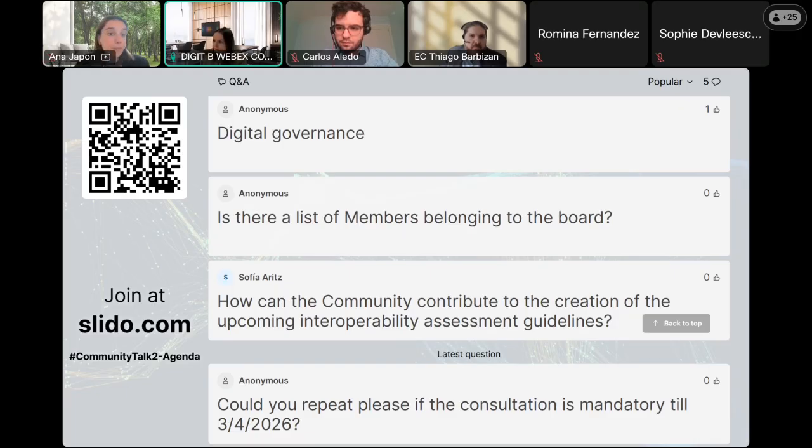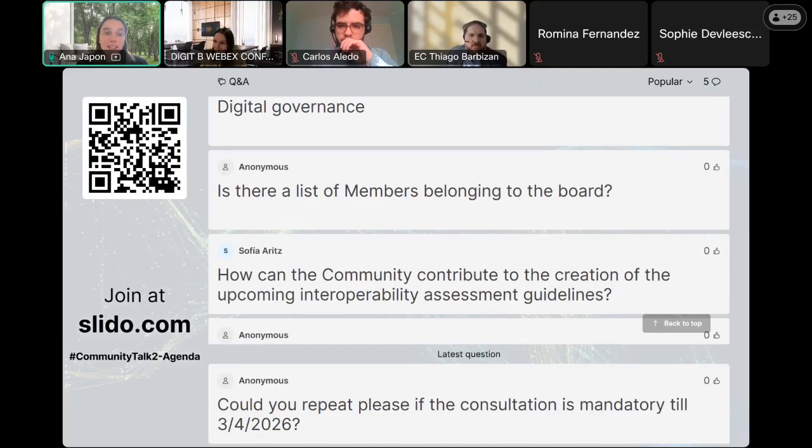And I think it could be a good moment to say that next week we have a community talk on the assessments, on the assessment space, and we will be looking at some needs or user needs from member states and organizations to improve the space. So it can be a good thing to point out.